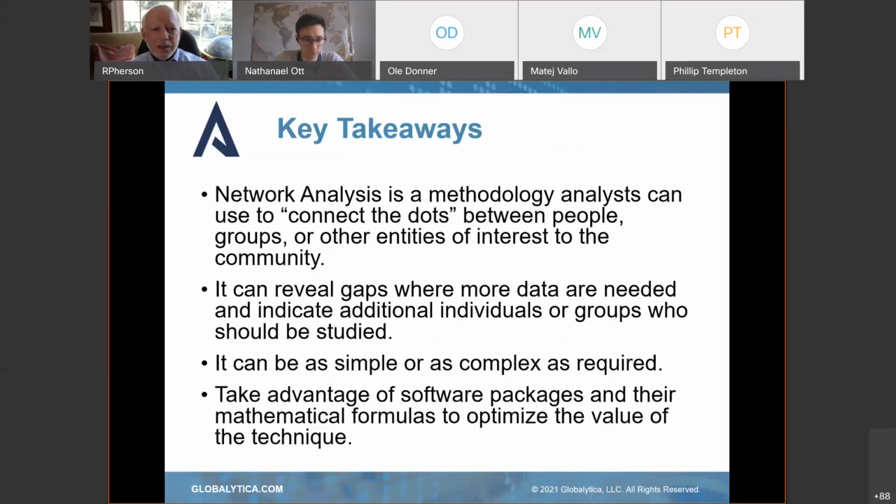So, key takeaways, because I wanted to give a lot of time to our practitioners to talk about how they use this and what they do. The first thing is you use it to connect the dots between people, groups, or other entities. When you start using the technique, you can use squares and circles and rectangles to help you know what kind of a dot you're dealing with, whether it's an entity or a person, etc. It also is very useful to use computer support, because if you write it down on a piece of paper and you change your mind and you need to start moving nodes around, you're throwing away a lot of paper as you redraw it all the time. So if you can just use the software, it's going to make your life a lot easier.